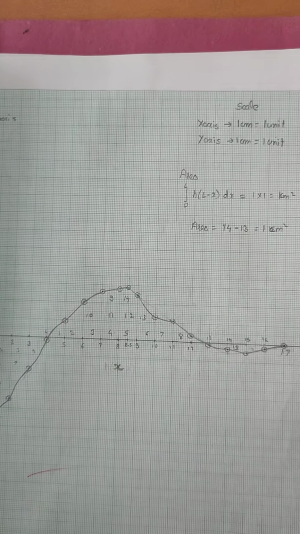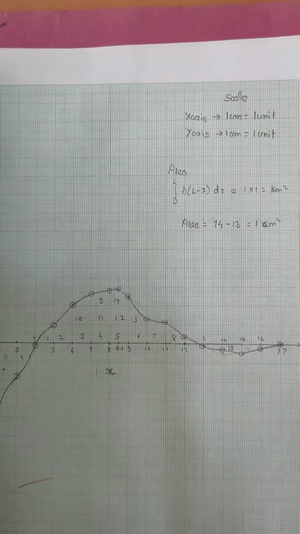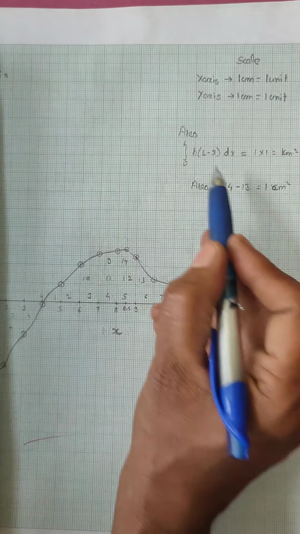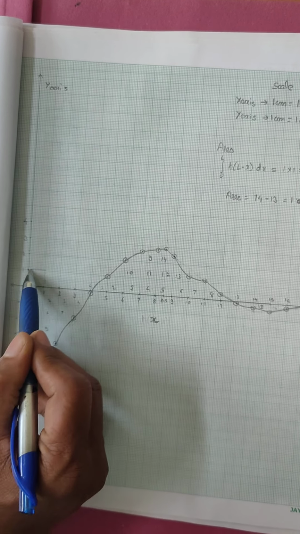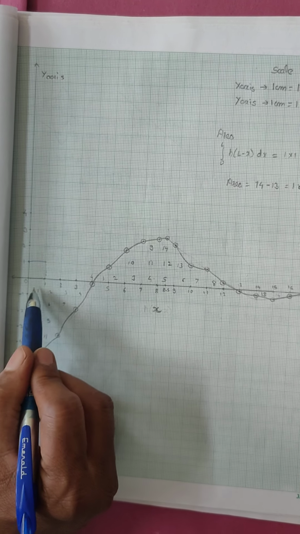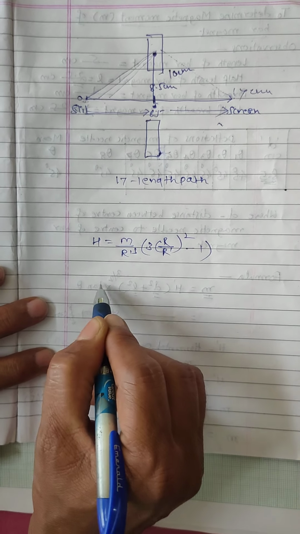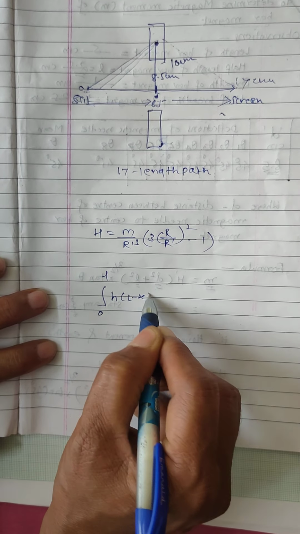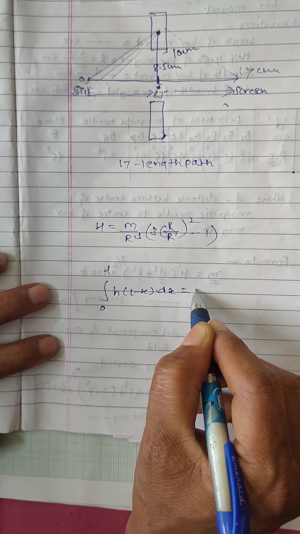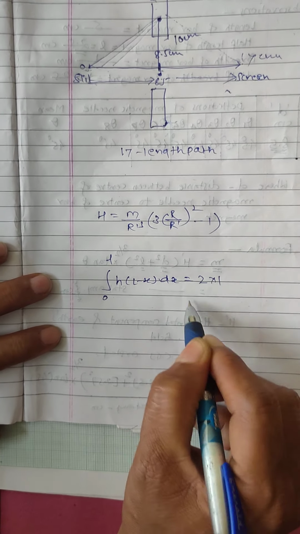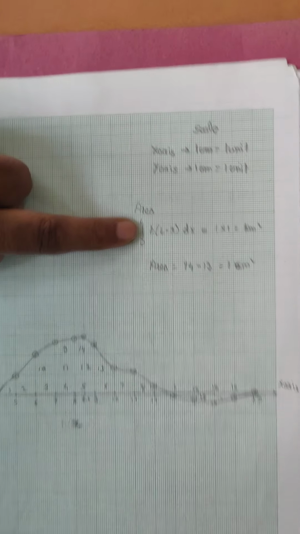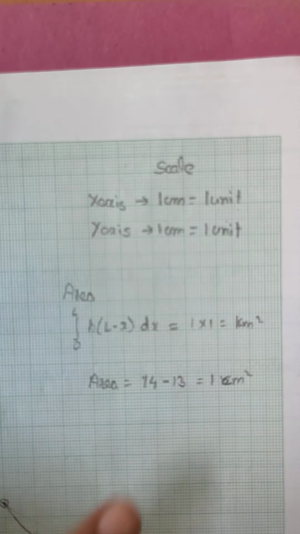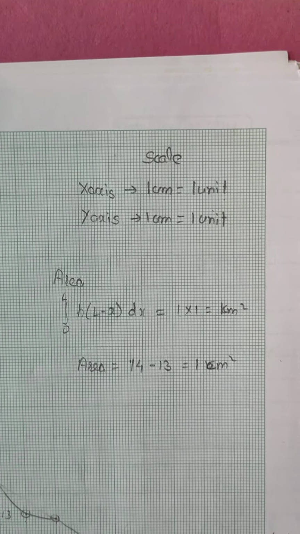Difference of squares is, any region can contain more or less squares, no sign will be involved, and this difference of squares is multiplied by area of single square on your graph. Area of single square on your graph will depend upon the scale which you consider. Okay, that will give you the value of integration 0 to L h into L minus x into dx. Suppose number of squares is 2 and area is 1, so this integration value comes out to be 2. This way he got the difference 1 and 1 into 1 because it was 14 minus 13 centimeters, and hopefully you understand this.